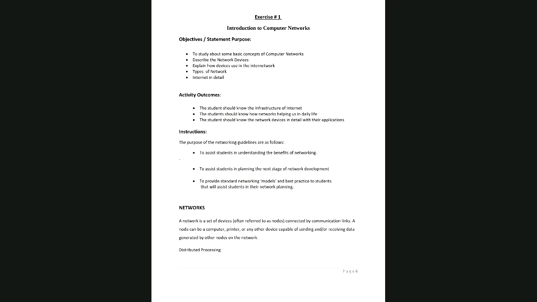Okay. Now in the distributed processing, you have the network criteria, you have physical structures, you have network models. Network criteria also you have seen in your theory class. Physical structures also you have seen. When I show you will come to know. You have seen the network models. Now the interconnection of networks. It is called as inter-network. Interconnection of network means connecting two or more networks. We call it as a inter-network. In short, it is internet only, right?